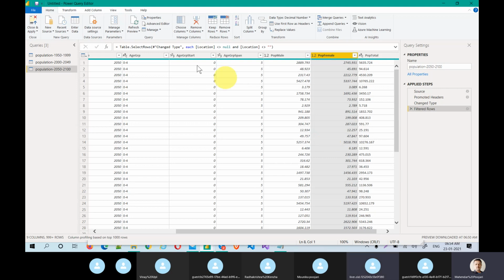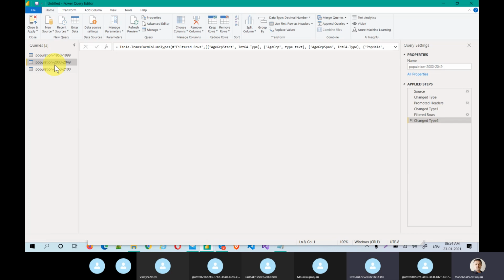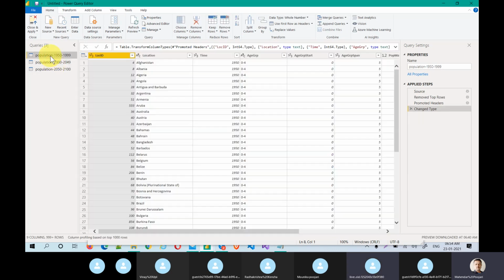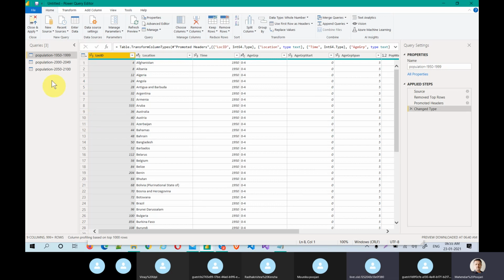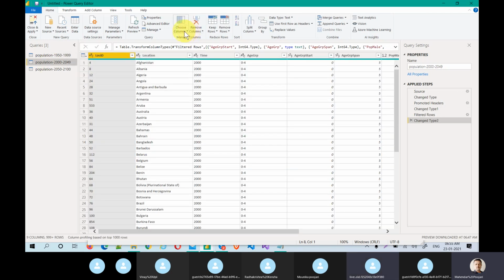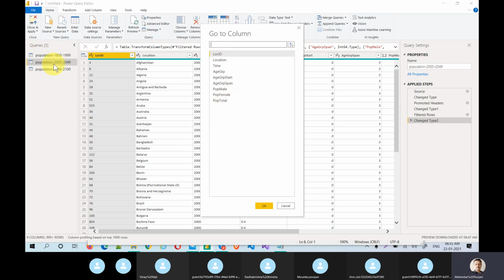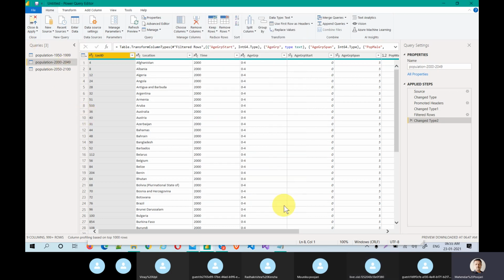Now we have almost readied all of this data, and let me check that all columns are the same. Here we have 9 columns, there also 9 columns, and there also 9 columns. So all are the same, it looks like. If not, then go back, use Go to Column and check that location ID, location name and group name are all the same or not. All should be the same to merge together.